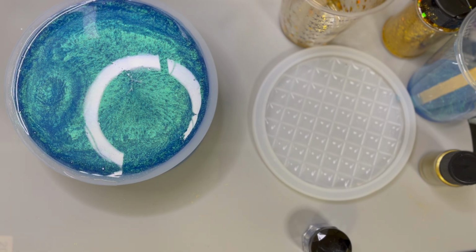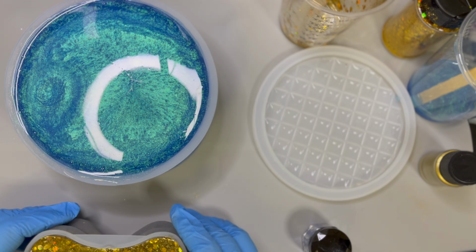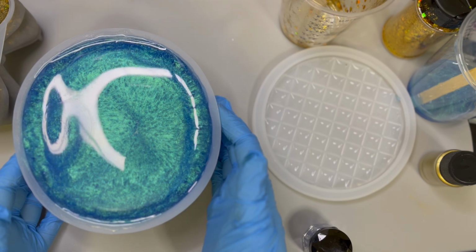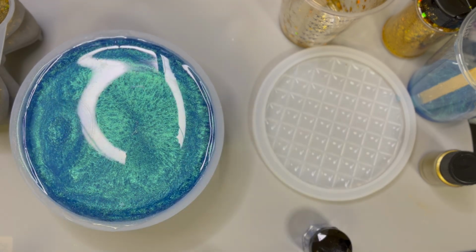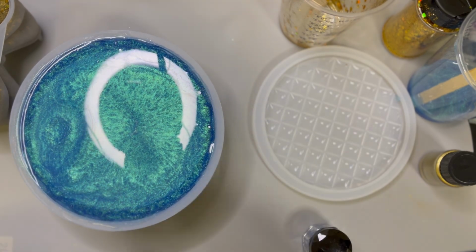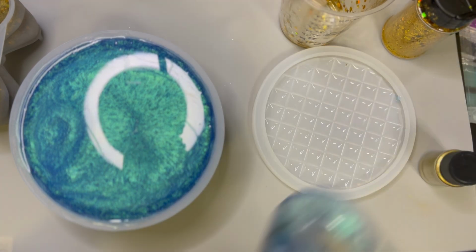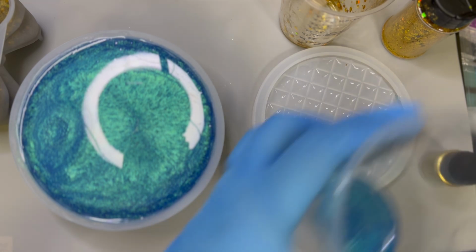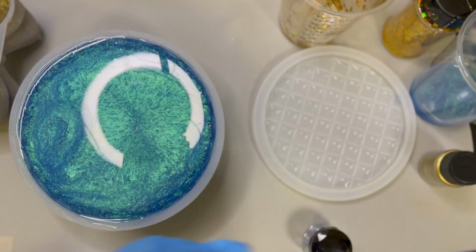I don't see anything. All right, I'm not going to mess with this because I don't see any big bubbles. Little ones we can contend with, but the big ones... Arbein in the Guza. That means bum in Serbian. You're welcome. Okay. What I'm going to do is just dip my popsicle stick